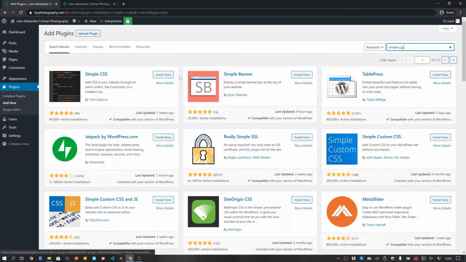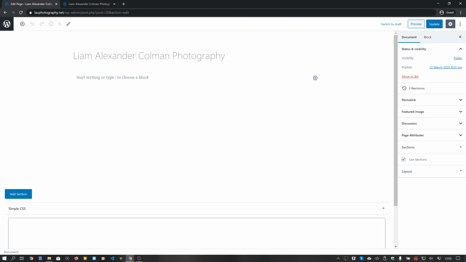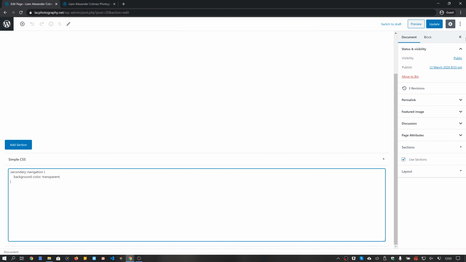To do that, we're going to use another plugin from the always excellent GeneratePress author. This plugin is called Simple CSS, and it allows you to set CSS rules for individual pages, and by adding a rule to just a single page, the other pages won't be affected by it. So that's perfect because we only want the secondary navigation to be transparent on the front page, but not on the rest of our pages. Once installed, I can look for my front page in the backend, under Pages obviously, and add the following CSS